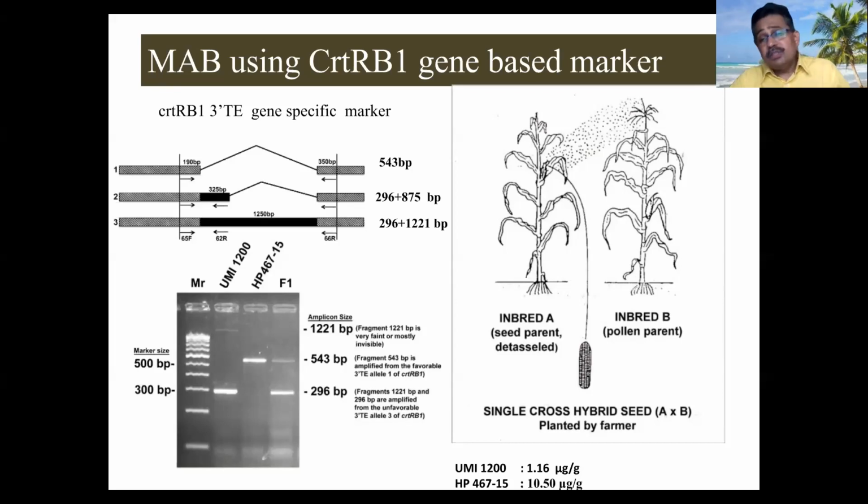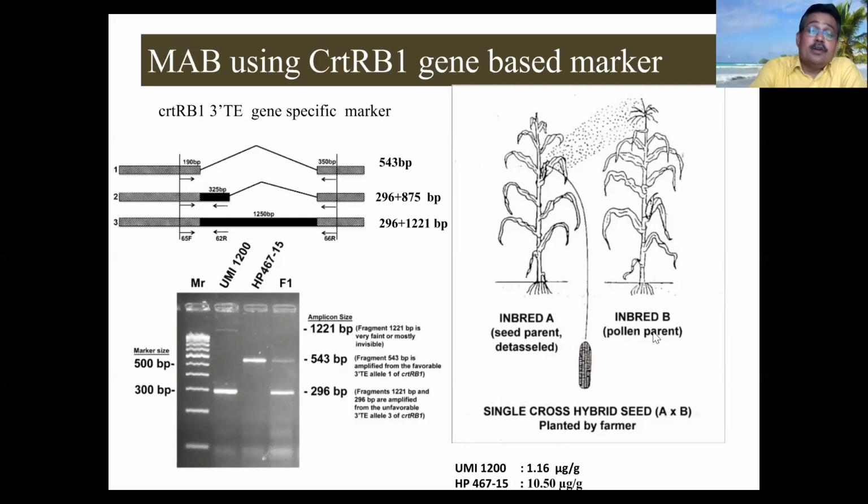You have to check. Most of the tropical inbreds, I told you, have less than 1 ppm of beta carotene. A donor which has 10.5 ppm of beta carotene, this is HP, a CIMMYT donor line. We have another donor also, CE477, which has more than 10 ppm. Okay, we chose the CIMMYT donor, and also the parents which we converted, the COS6 female parent and male parent.